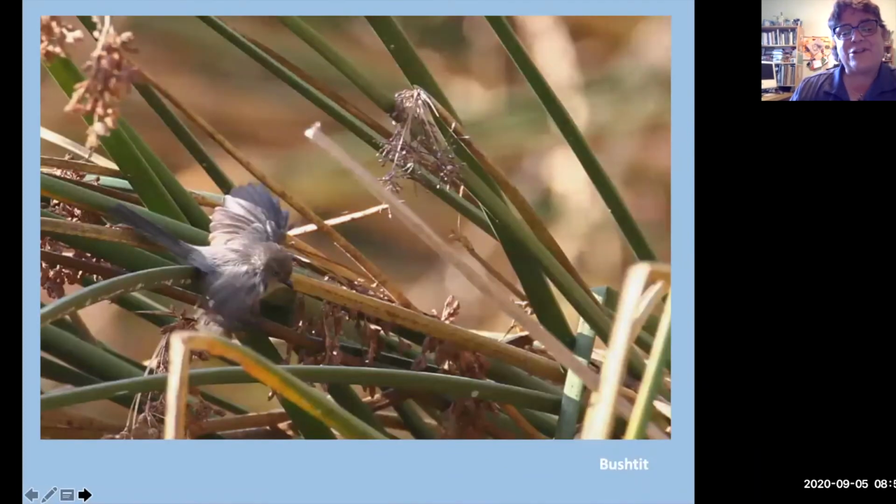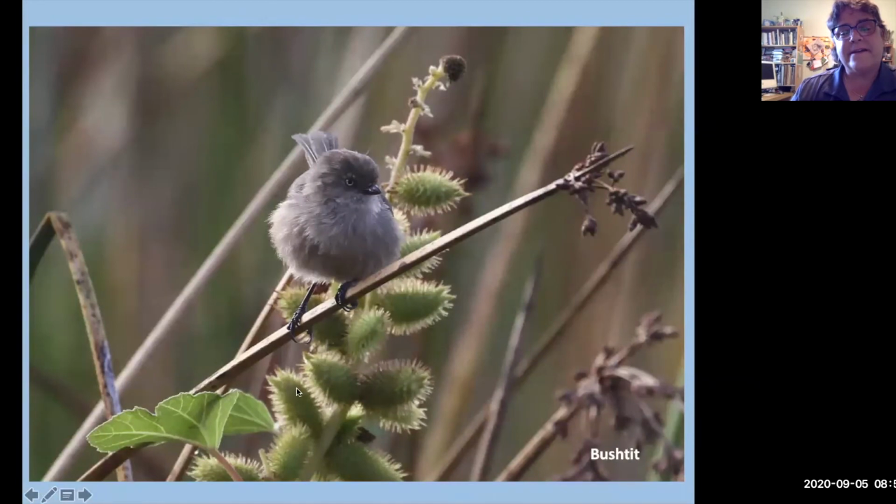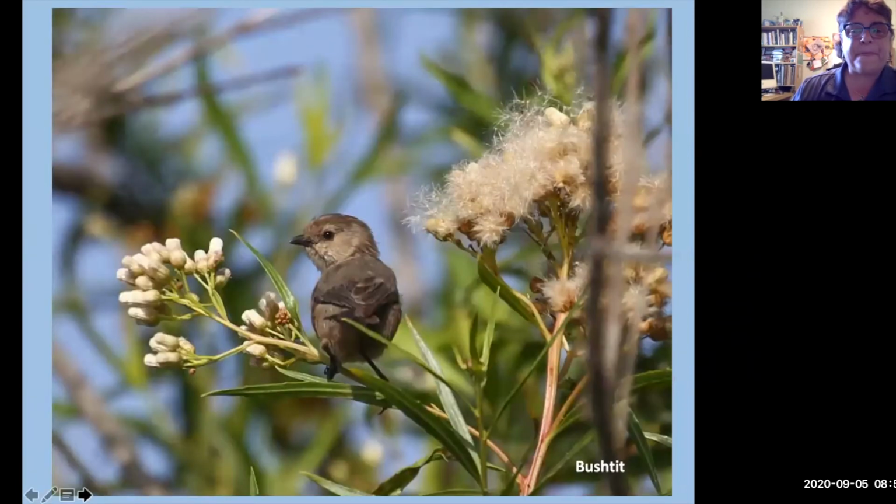And this is a bushtit that is bathing. This young girl bushtit is bathing in the dewdrops on the tules. How important is that? Because there's not a lot of standing water there. This is the male. I can tell it's a male because it has an all black eye, and the female has a white eye, on the cocklebur waiting. The bushtits wait their turn in line to bathe. So this one's waiting to get to the water. And this is a young boy on mule fat.